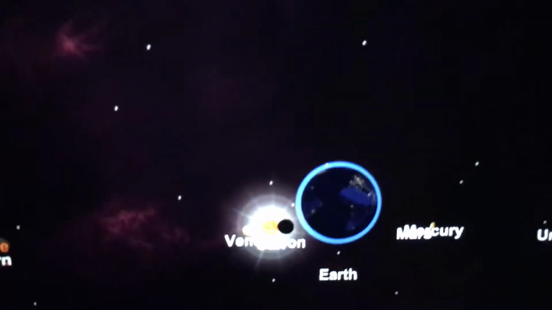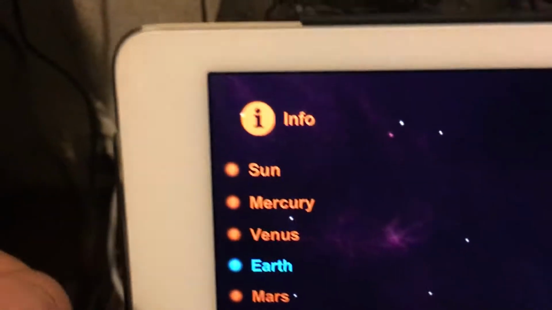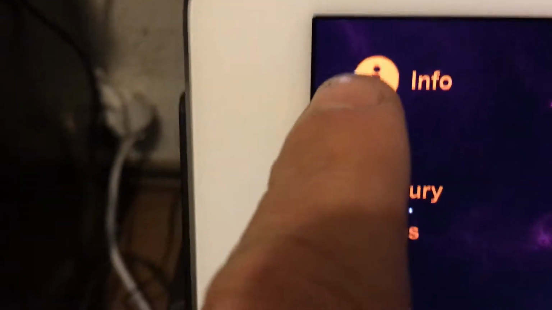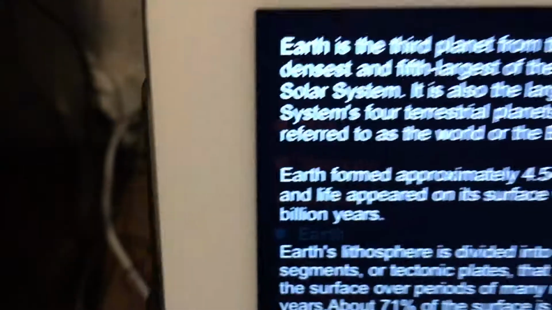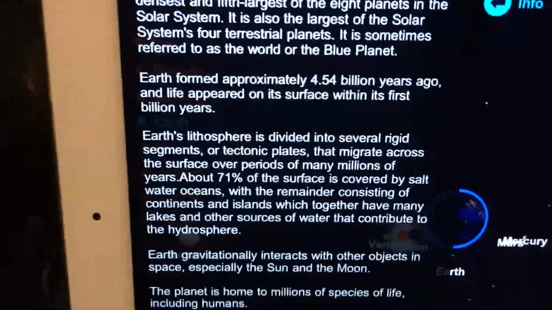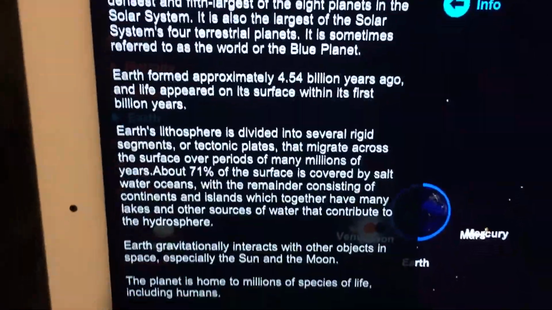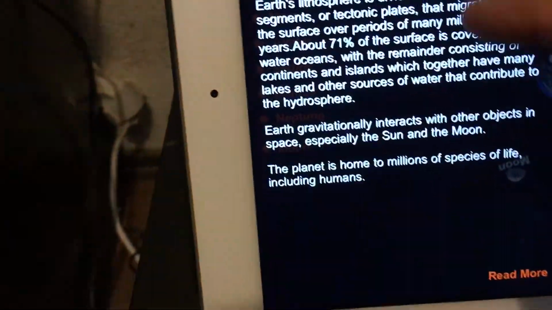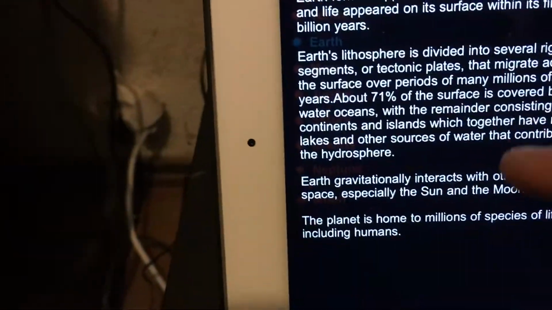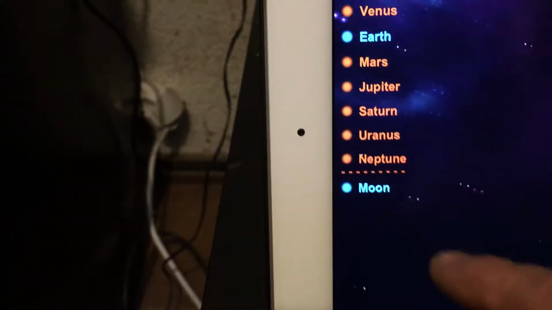I'm already kind of set up for where I want to be for this, but we'll go back to that in a minute. So I'm going to push the info button here. This is going to tell us a little bit about the program and where they get their information for their coordinates and all that sort of stuff. We'll deal with the moon.